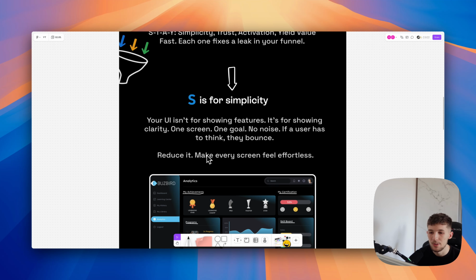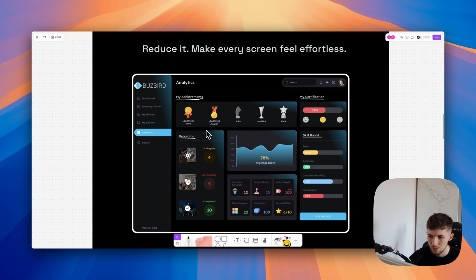Your UI isn't for showing features, it's for showing clarity. One screen, one goal, no noise. If a user has to think, they will most likely bounce. You can reduce it, make every screen feel effortless. So let's get to the